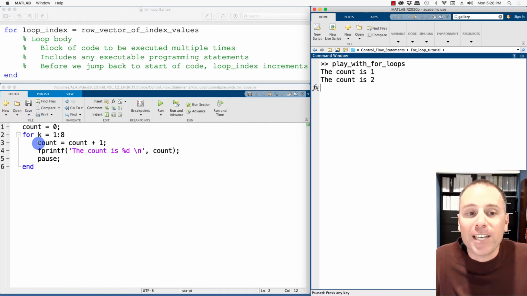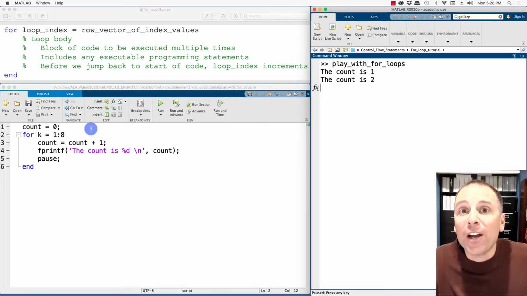What did line 3 tell MATLAB to do? It tells MATLAB to take the previous value of count, which is 1, add 1 to it, 1 plus 1 is 2, and overwrite that new value into the value of count. Then it drops down to line 4, and it says, please print out the count is the current value of count, which is 2. Then it pauses. We're currently in the pause.